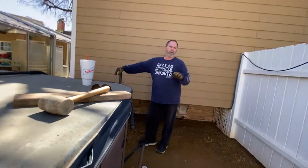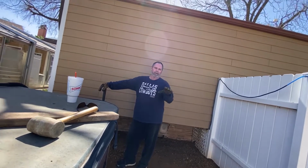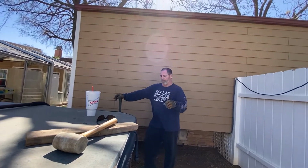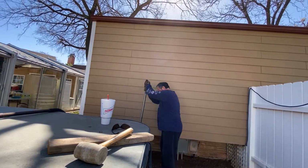I want to get my aggregate pretty good and wet because I want it to pack good. If it's not wet enough, it won't pack good. It'll make a good firm base. And to keep the aggregate from sticking to the tamper,